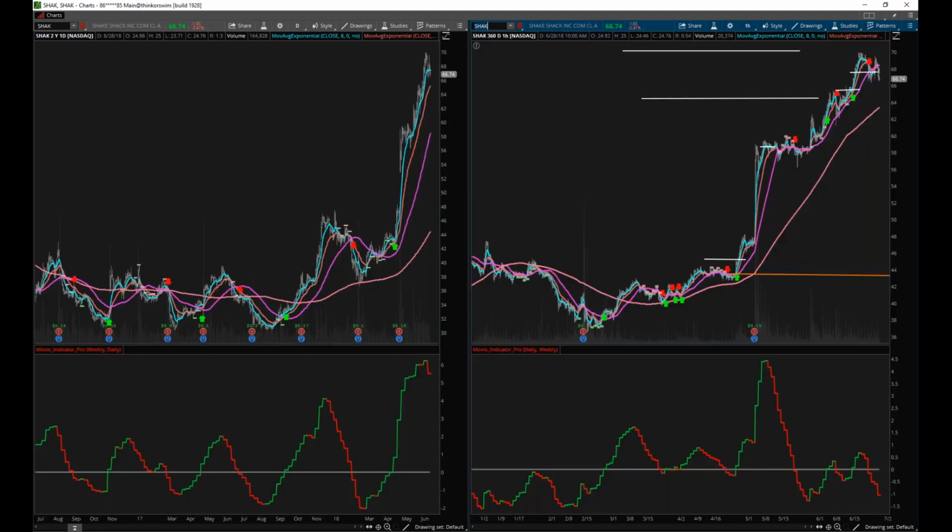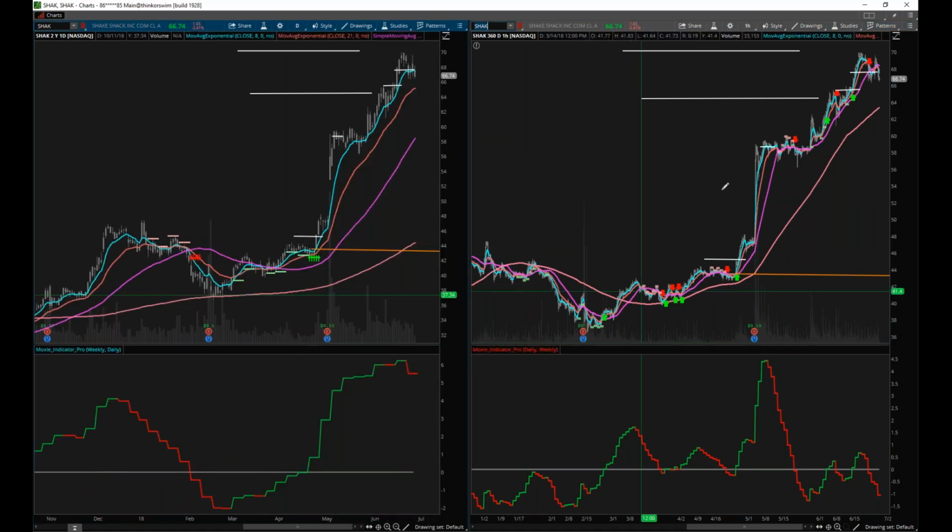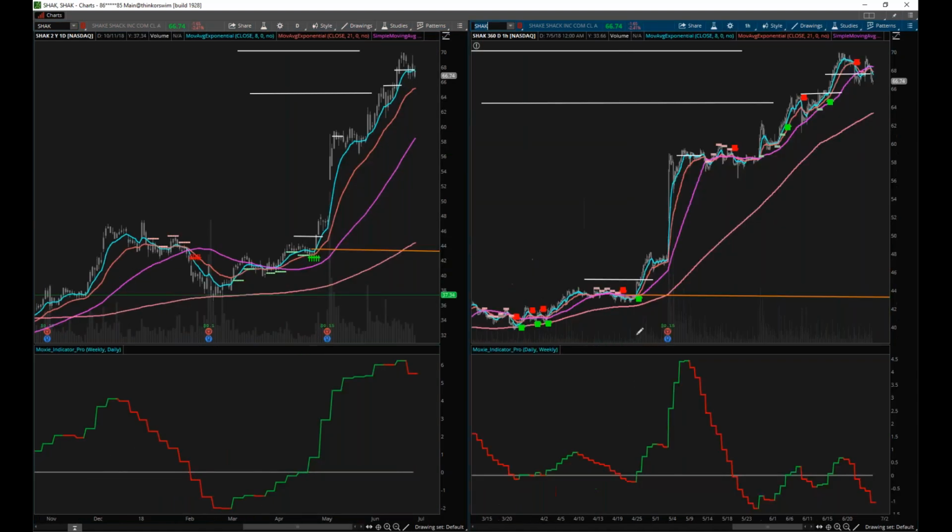So here's Shake Shack. This was one of my bigger winners for the last couple months. Love this one. So look at this. Kind of came up, did a little fake out dip, and then just before earnings, it bounced off the hourly 200. It got above the 50. Here's our trigger. So this is our entry on the hourly chart. And look, we also got the same trigger on the daily chart. Price over the moving average, and we got our trigger.